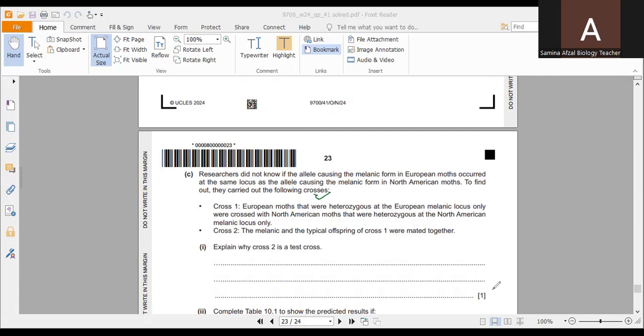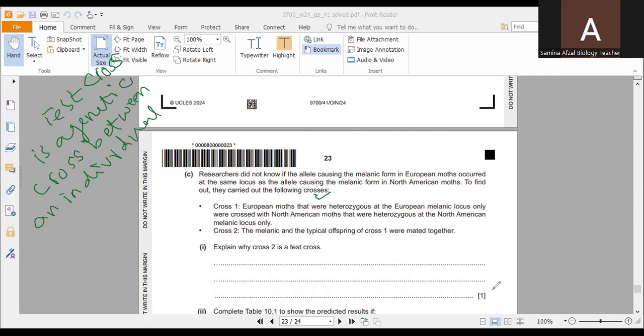So explain why cross two is the test cross. First of all, we must know what a test cross is. A test cross is a genetic cross between an individual with unknown genotype